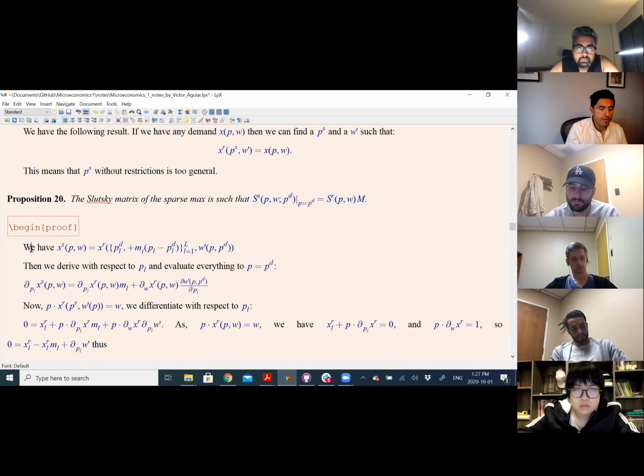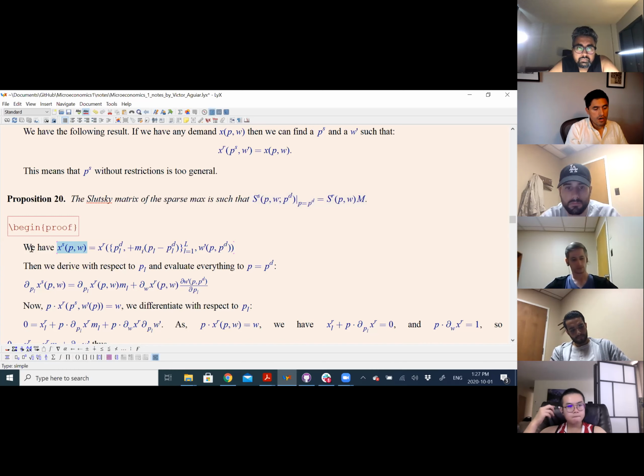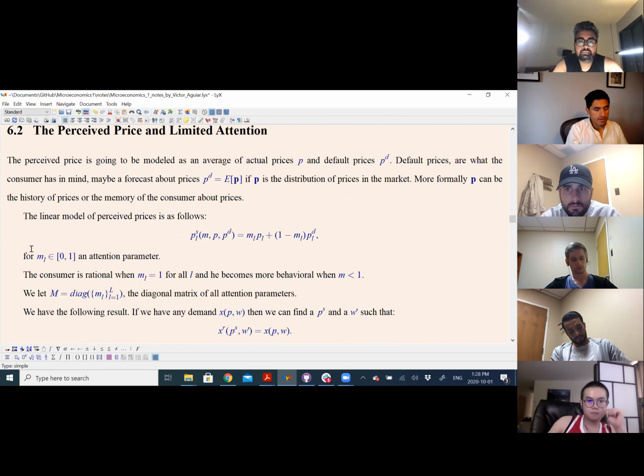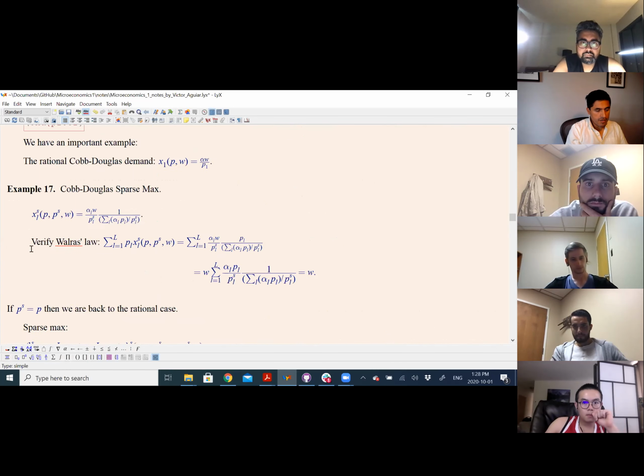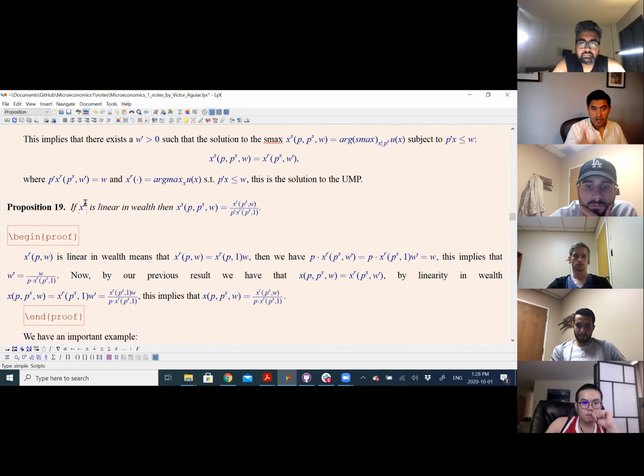But let's prove it. So I have the GAVX model. Wait, there is something I didn't cover in class. So sorry about that proposition. I think it's a very simple proof. So let's do that before. If I imagine I have a rational model, demand, which is, for instance, linear.